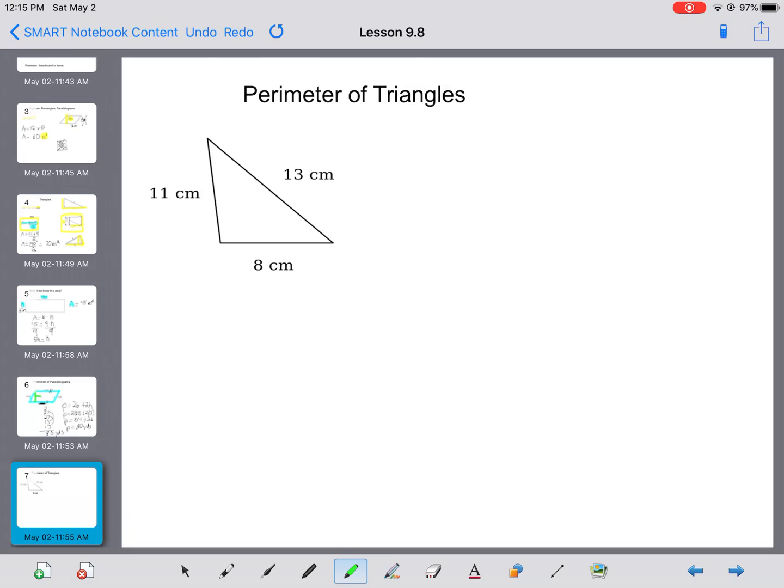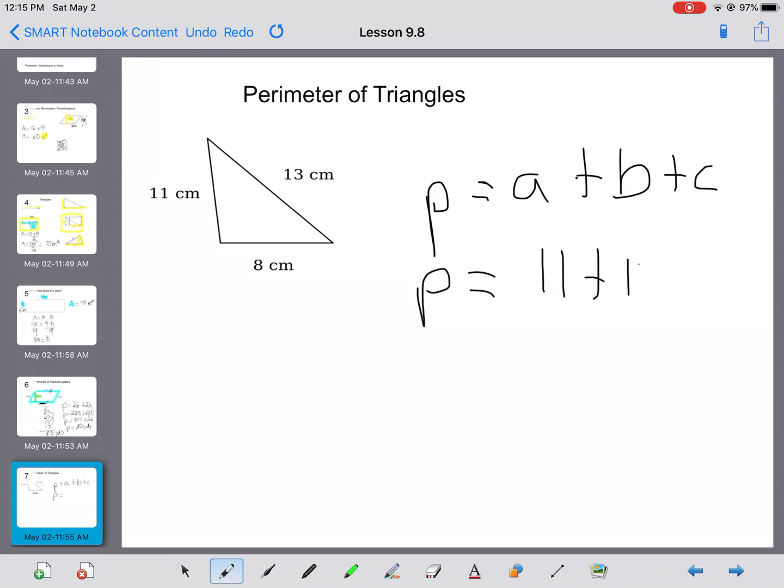All right, and then just quickly at the end, the perimeter of a triangle, if you wanted to do it as a formula, the perimeter equals side A plus B plus C, which is basically just saying, grade 7, the triangle sides, we can just add them all up together. So I get 24 plus 8, and I get 32 centimeters. So the biggest thing for this lesson is to pay attention to what information you need and think carefully on if you're solving for perimeter